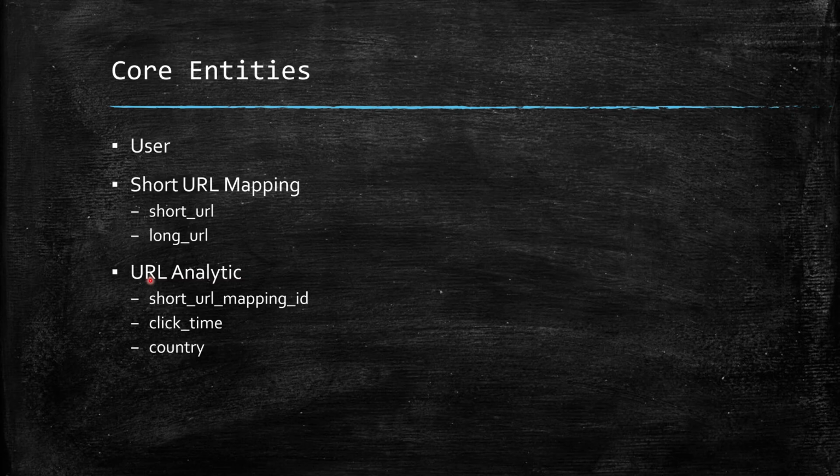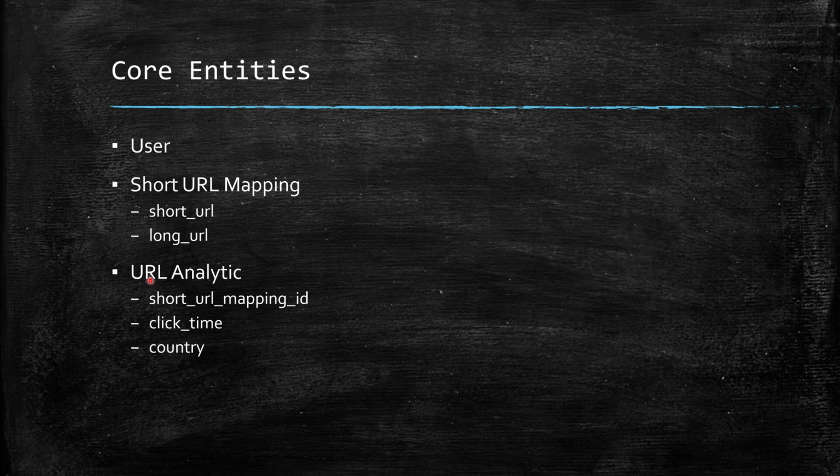Now moving on to the core entities. So core entities are pretty simple for this one. We have the user, the short URL mapping. So the short URL mapping will have a short URL code or the short URL itself. I would highly recommend you to keep only the short URL code, and then it will have the long URL,